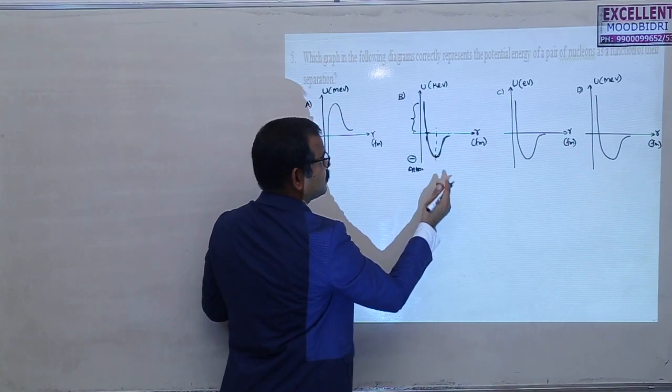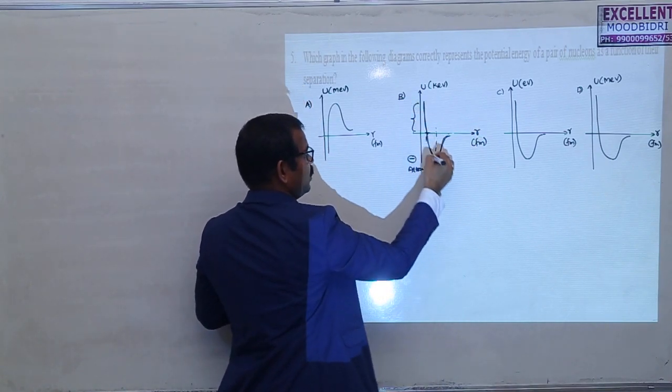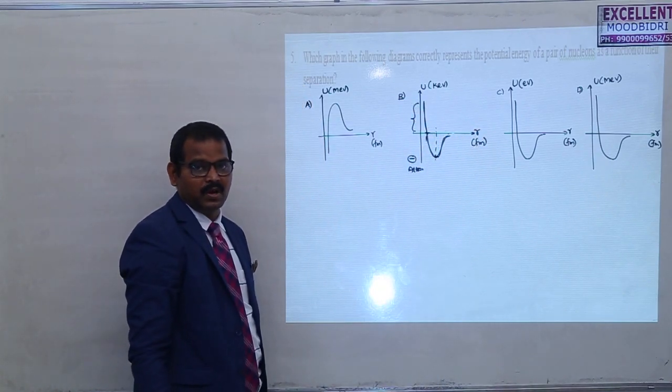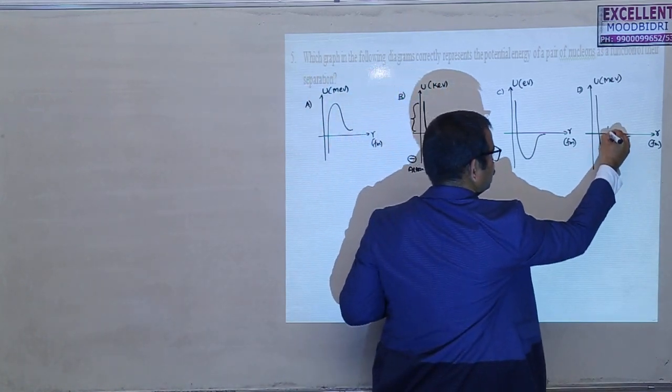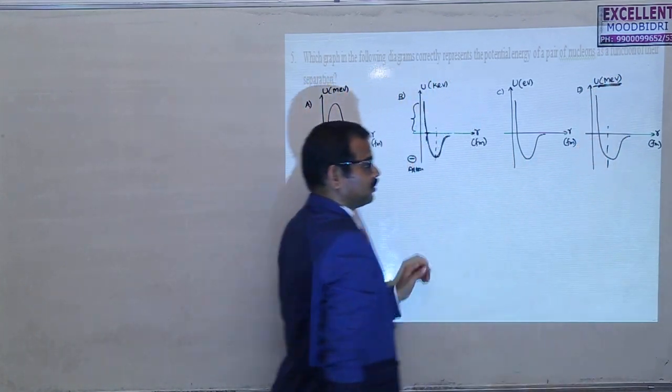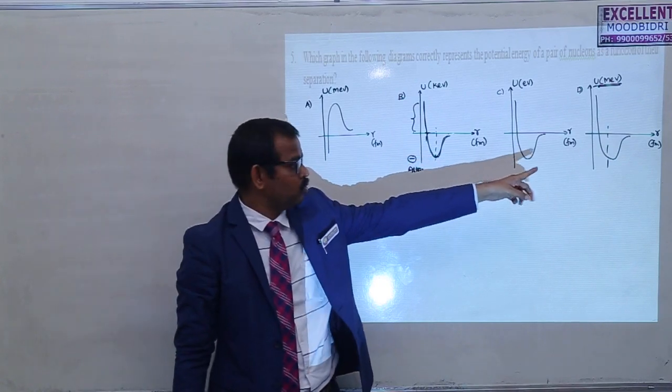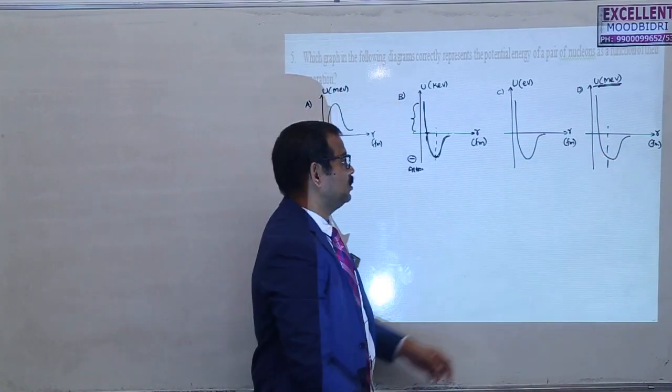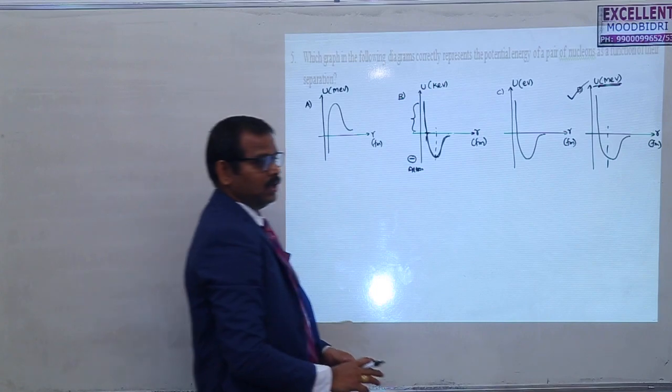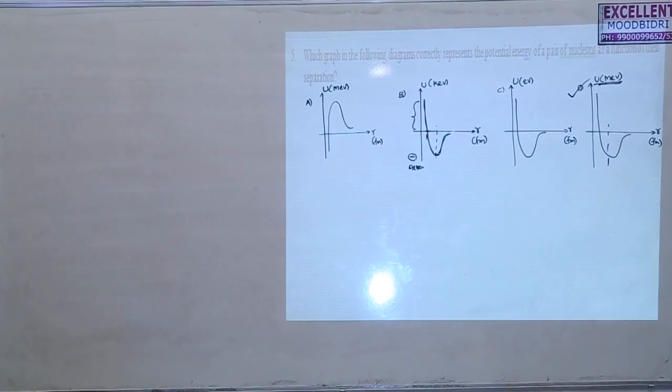So here in this case you can see this is the graph that is given in our NCERT textbook directly. So we can say that the energy must be in mega electron volts and the distance between the nucleons will be in Fermis. So the correct answer for this one is option D.